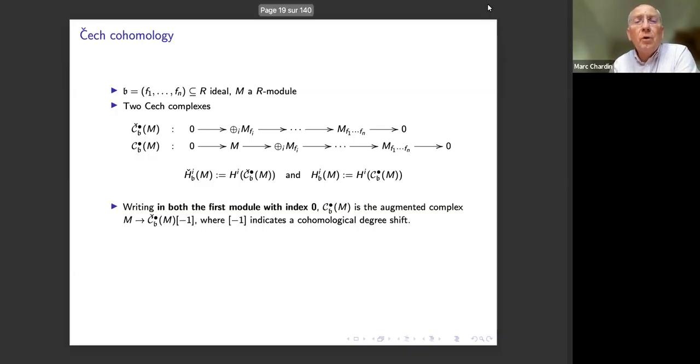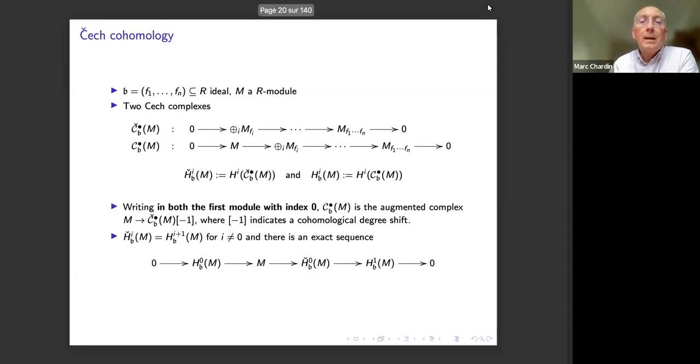Okay. Of course, this is a bit arbitrary. In this lecture, I will choose to start both complexes in index 0, so there will be a shift of 1 between one and the other, okay? And the second one is just the augmentation of M to the first one, okay? Now, by the very definition, the Čech cohomology is equal to the local cohomology shifted by 1, except for the index 0, because it's just the same complex. And for the index 0, you just write the augmentation, and the image and the kernels,